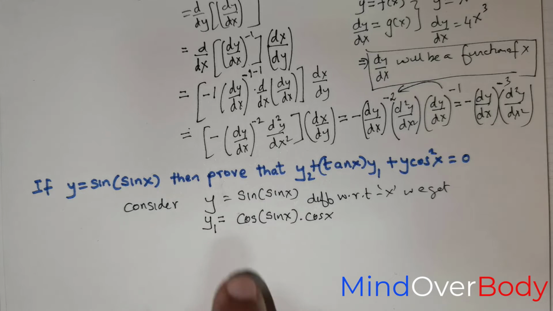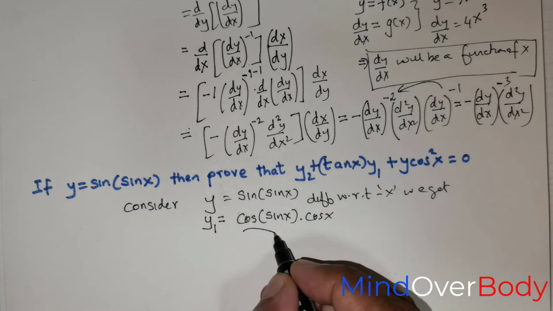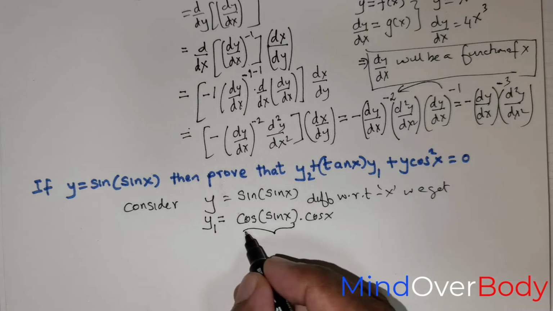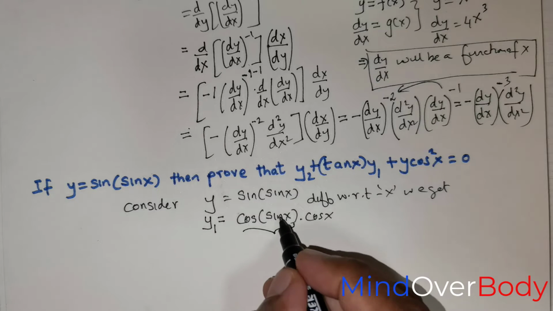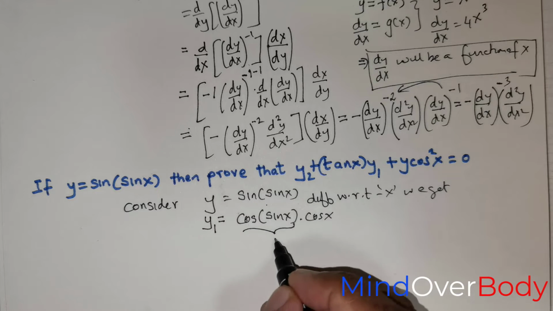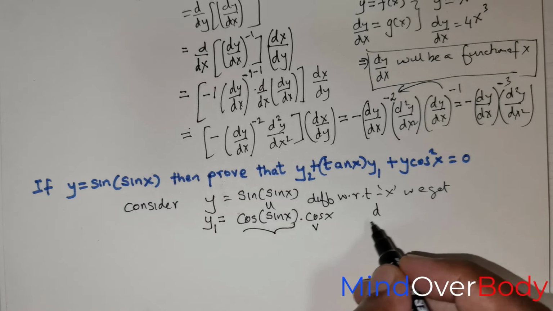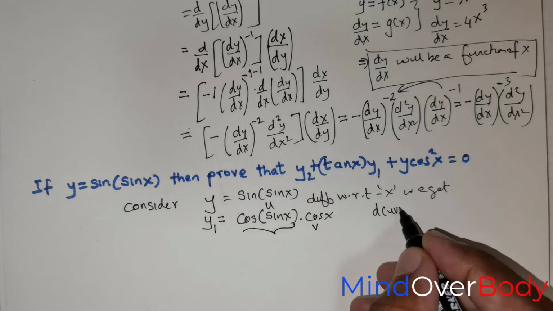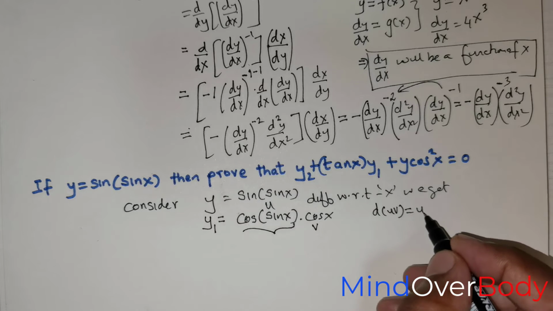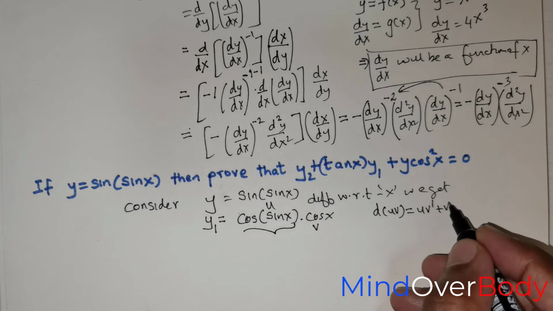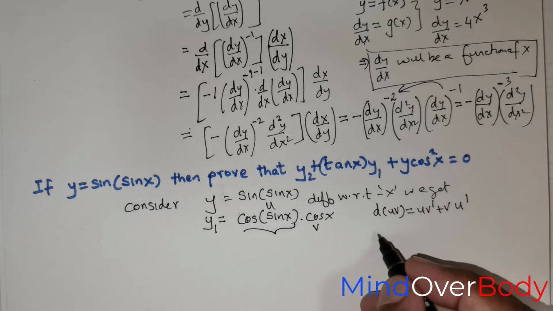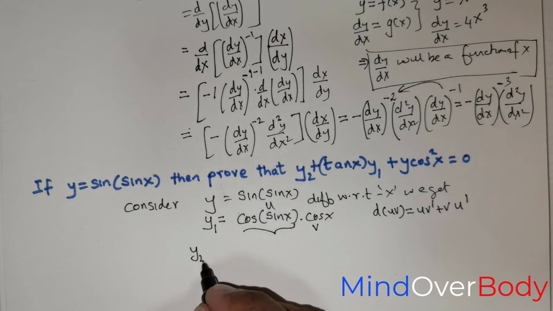You have two quantities here. So this is one quantity, and then you got the next quantity. So this is my u, and this is my v. So to get y2, you will have to use the product rule. d of u times v is equal to u times v dash plus v times u dash. So therefore y2 is equal to